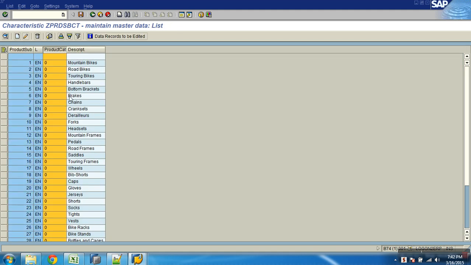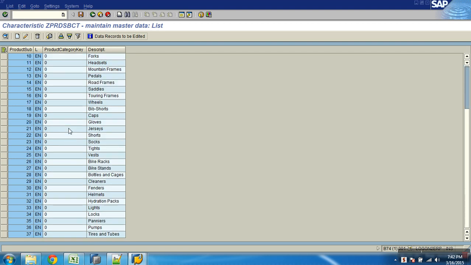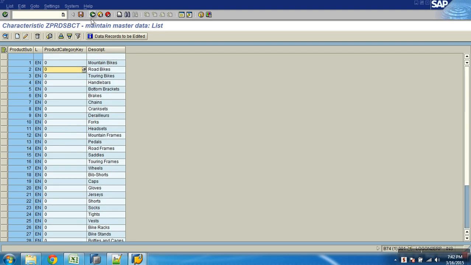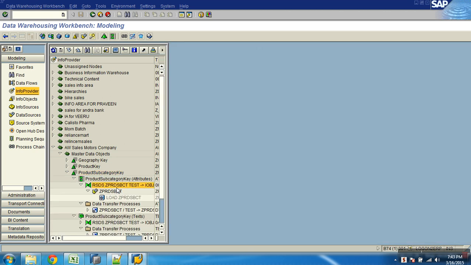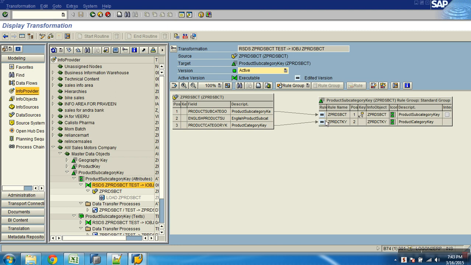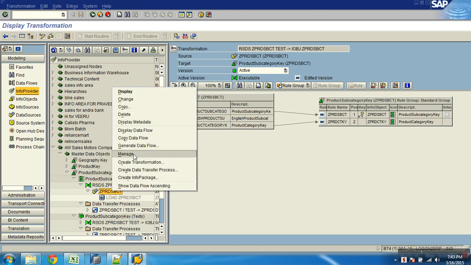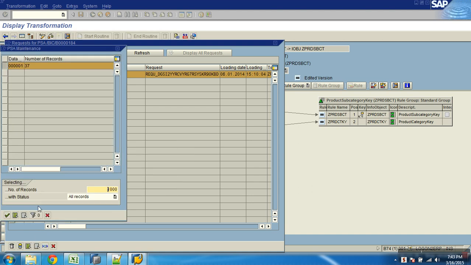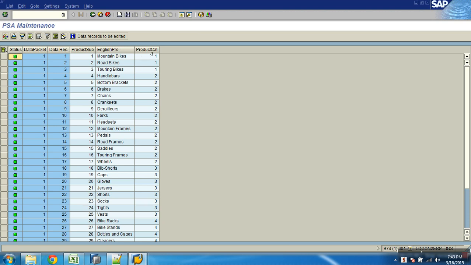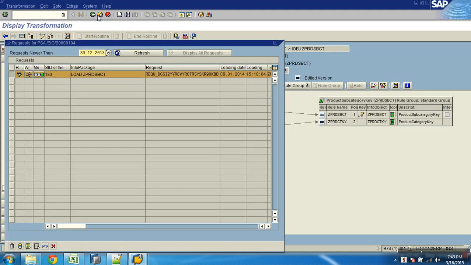Subcategory, product sub. If you go down, why is this not filled? Subcategory key, why is this 0? I want to see the data source in the manager. Subcategory has a value, right? Then why does it become 0 there? You see that's not coming up.